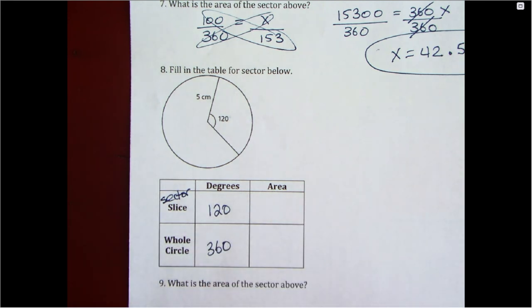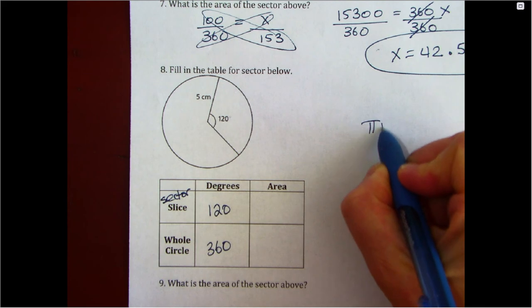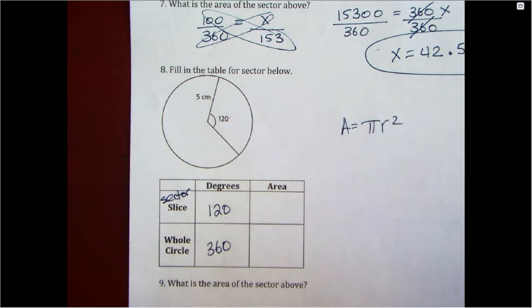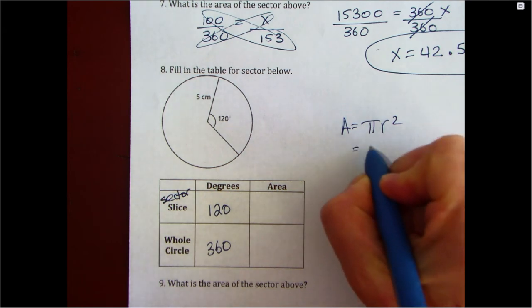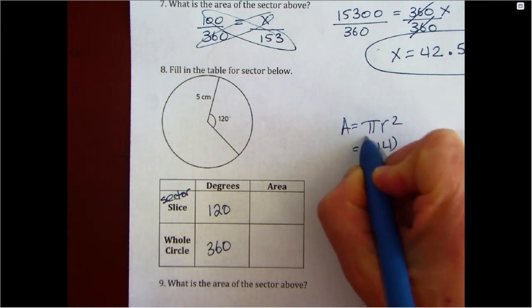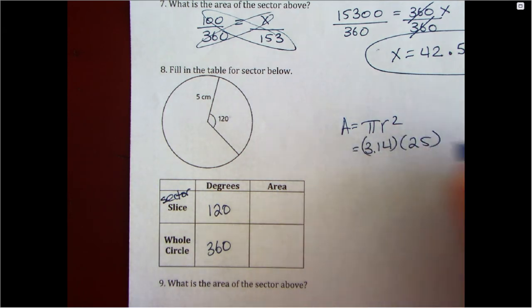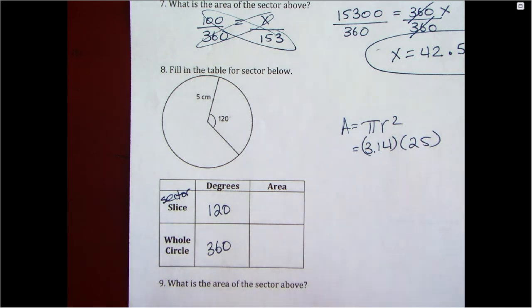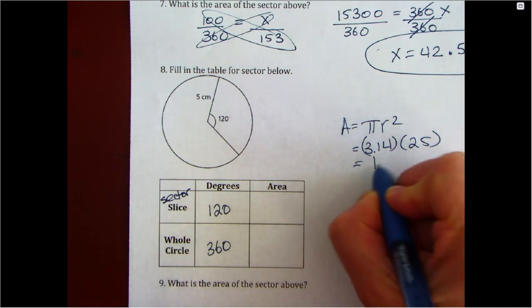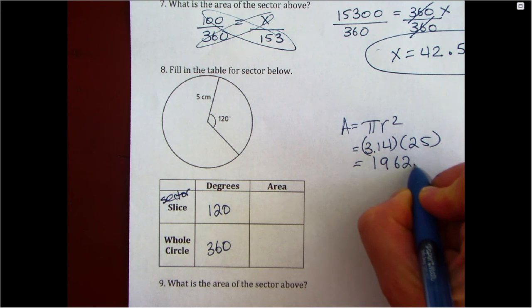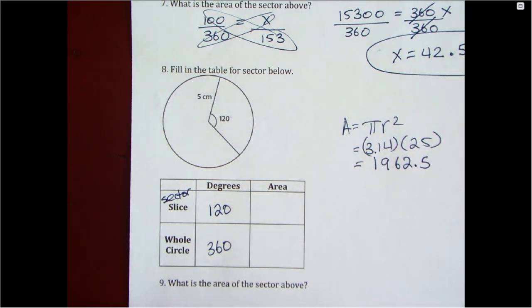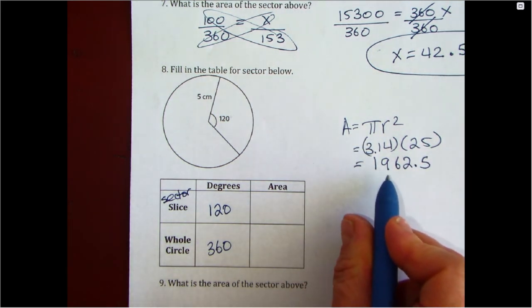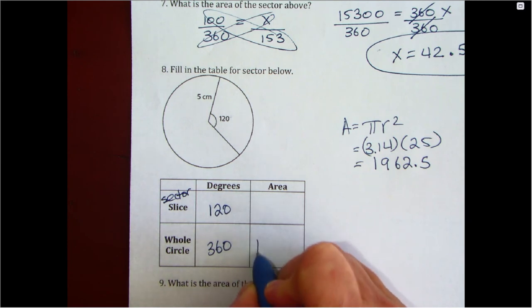What is the equation that we use to find the area of the whole circle? What is the area of the whole circle? We're going to put 1,962.5